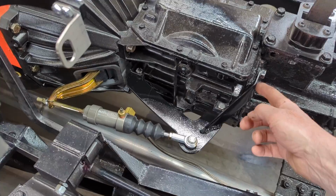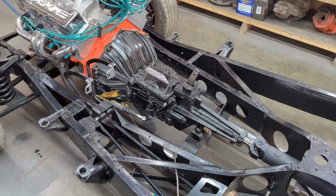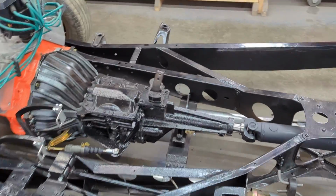So yeah, the bracket is all painted. I did choose to put a little gusset onto it just to strengthen it up. I know it was good enough, but over time, fatigue and all that stuff, it doesn't hurt to have an extra bracket. Then a Speedo